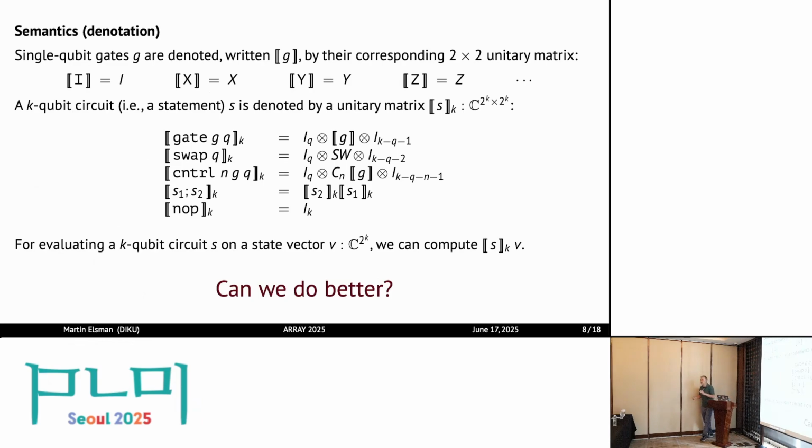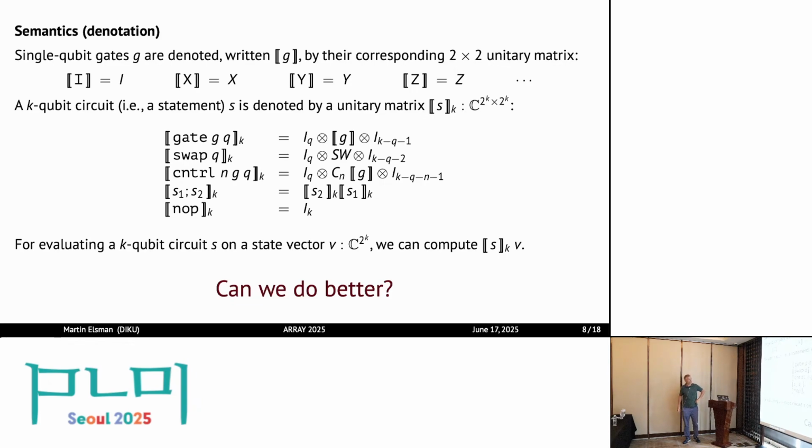Now we would like to give a semantics to the statements, right? So we would like to make sure basically that the implementation we do at the end will live up to some semantics. And here's the semantics using the notation we have also already seen. Gates are denoted by their corresponding matrices, complex matrices. So what you see in here is, of course, the syntax for the gate in our small domain-specific language here, and then we have the complex matrices to the right.